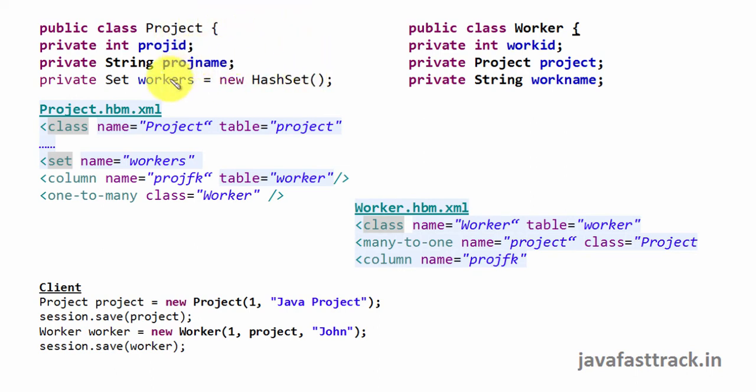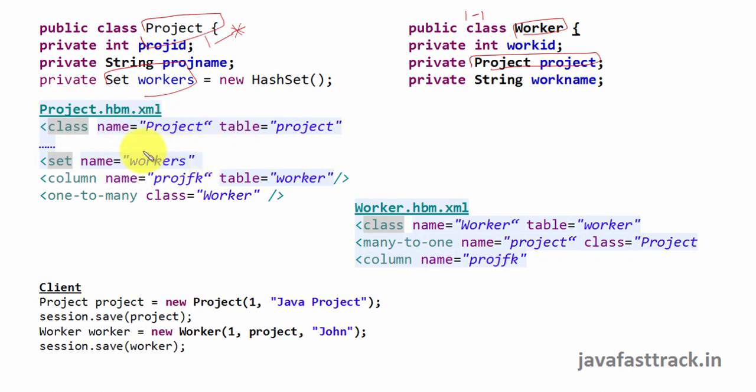I put everything together in this slide. The project class says it has been associated with a collection of workers. One project is associated with many workers. It's a collection, one to many. One worker is associated with only one project. So from project it is one to many. From worker it is one to one.